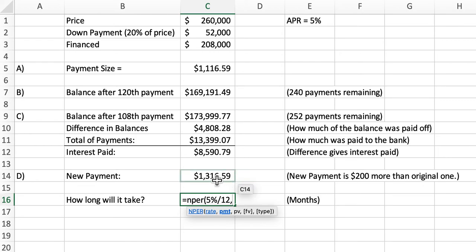Now notice if I just tap that, it puts that in the formula for me. Now the way Excel operates, though, it wants a negative in front of the payment, which is fine. And then the present value, well, we know that we borrowed $208,000. So once I put that in there and then follow the parentheses, there was some other stuff there, but we're not going to need that because we're not doing anything crazy with this. I press return, and it looks like it's going to take 258 months,